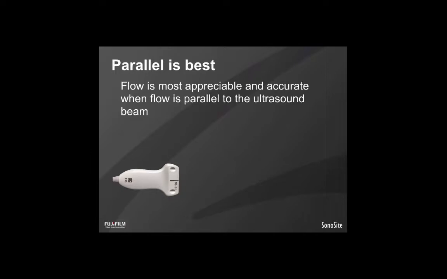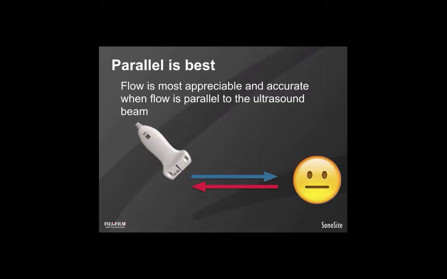It is important to understand that when trying to determine Doppler phenomena and the shifting in frequencies that occurs with moving objects, being parallel to those objects allows us the most accurate determination of their Doppler shift. So when insonating an object, we're seeking to characterize its flow, try and get as parallel as possible. Real life, of course, gets in the way sometimes of that ideal scenario, and being slightly off axis generally, especially for point of care echo, allows us the spirit of what we're trying to capture without a significant degradation in